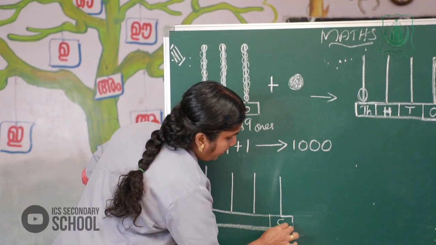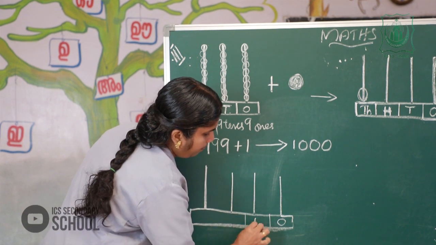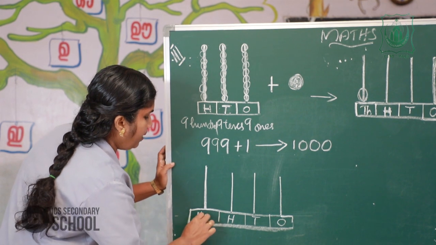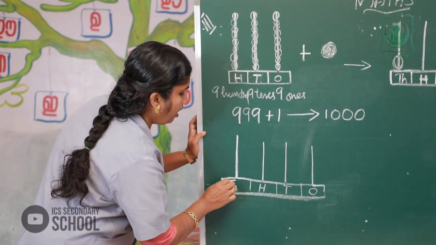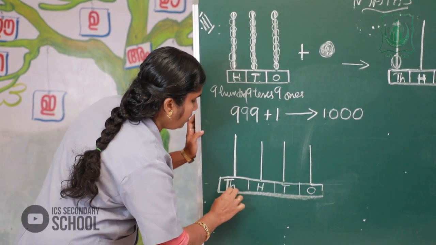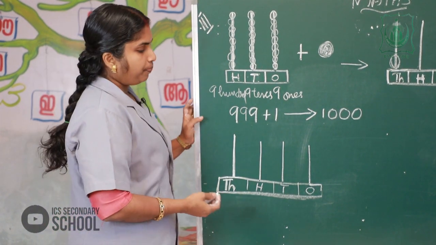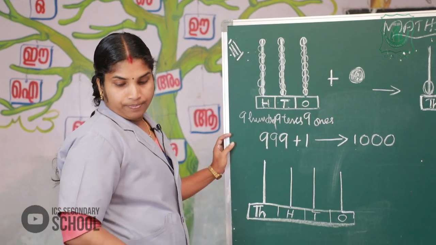Okay, 1 place spike, 10 place, 100 place and 1000 place. How to denote the 1000? TH, the letters TH. Okay, the number is